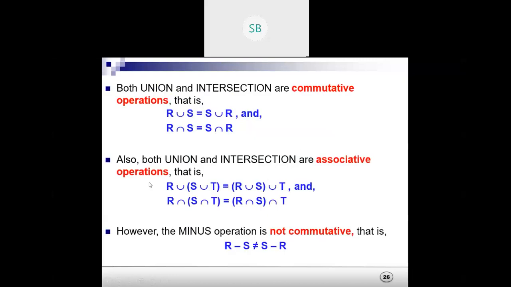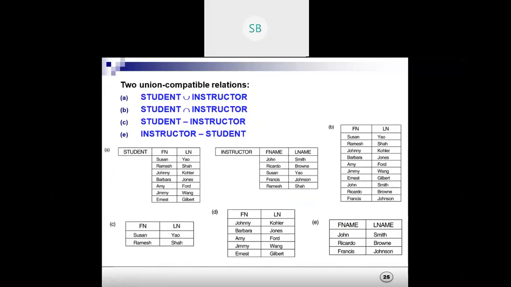Next, both union and intersection are also associative operations. If you have three relations, R union (S union T) will be equal to (R union S) union T, and for intersection also, in a similar way, both are associative too. But always remember, the set difference is neither commutative nor associative.